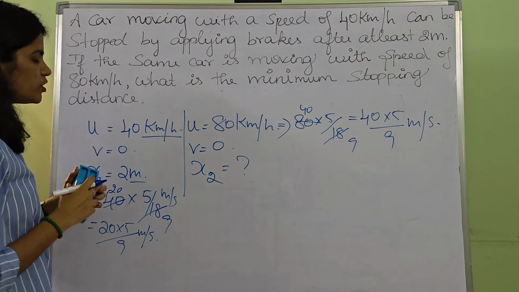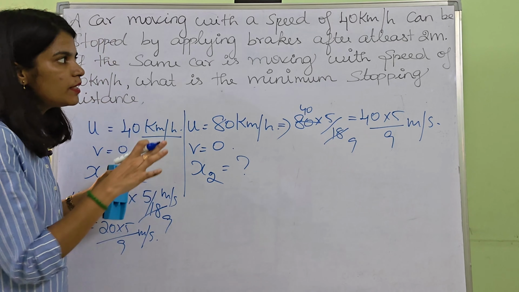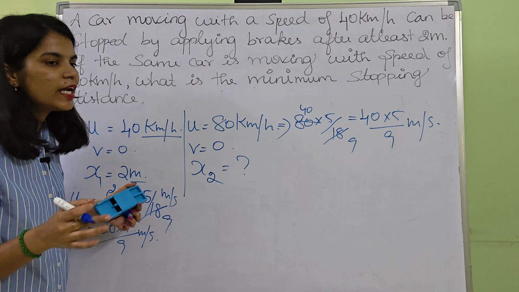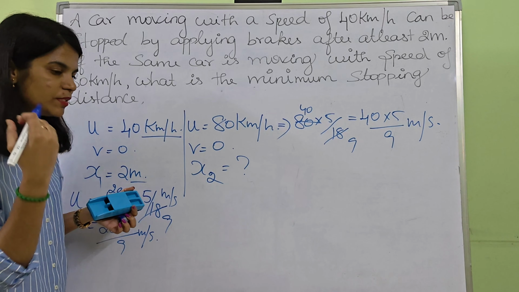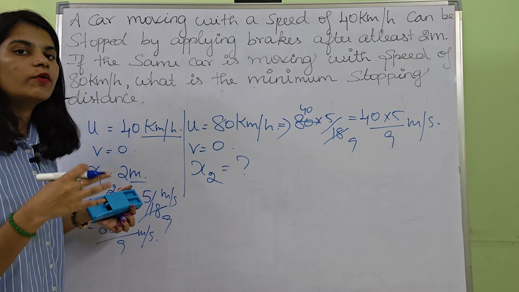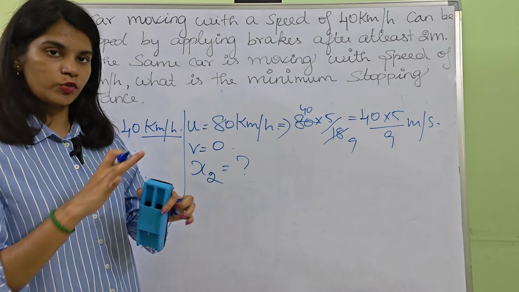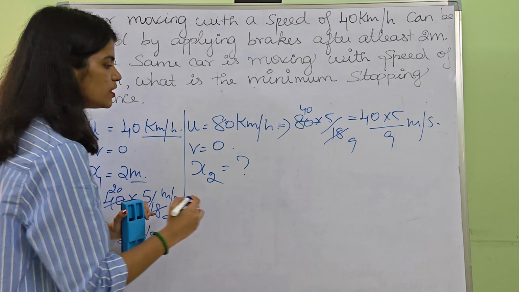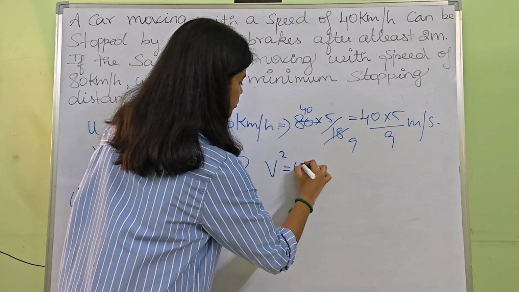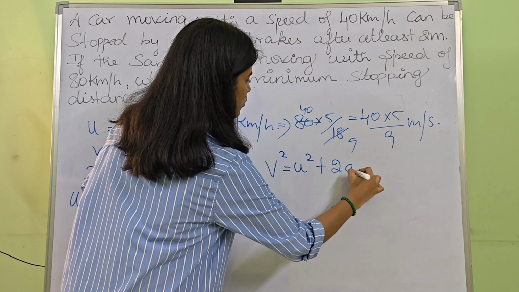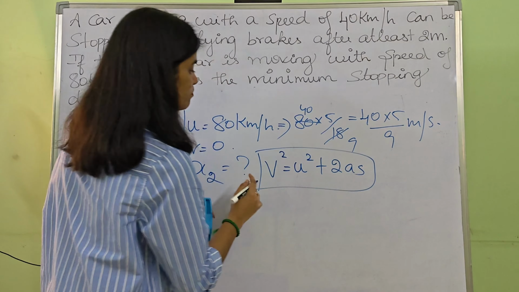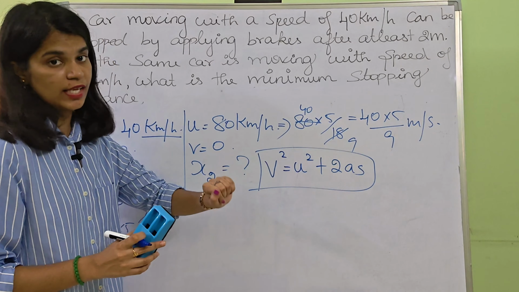Okay. So you just consider, they didn't mention any time here. So you don't want to take the equation v equal to u plus at, please neglect. And the same thing, s equal to ut plus 1 by 2 at square, so no need for that equation also. Very simple. So v square equal to u square plus 2as. This is the general equation, but here you want to focus on the sign.